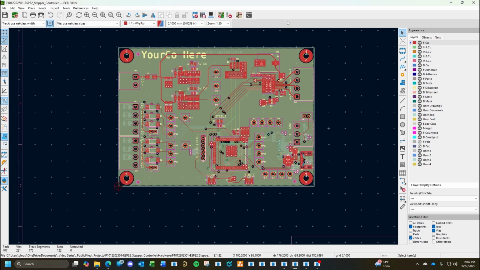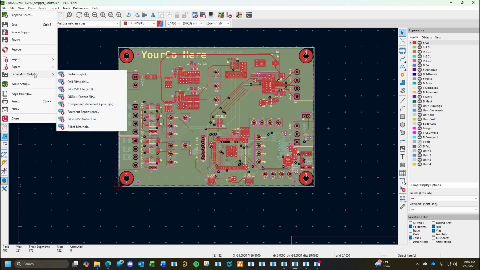So there's a couple of things that we need to do. One is generate the manufacturing files. So let's just say we've gone through the review process. We've done the DRC, we've checked everything, we've verified everything. We're happy with where the company logo is, we're happy with the text, all the designators, everything looks right. Let's just say it checks all the boxes. So now what we need to do is figure out how to export a few things. One are the